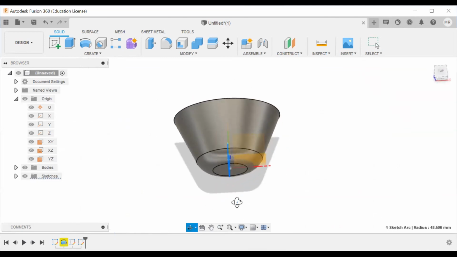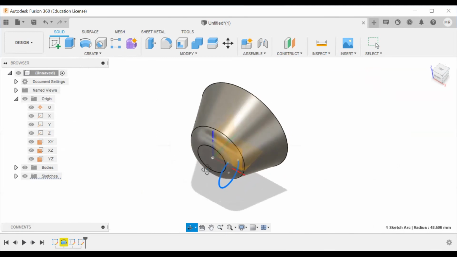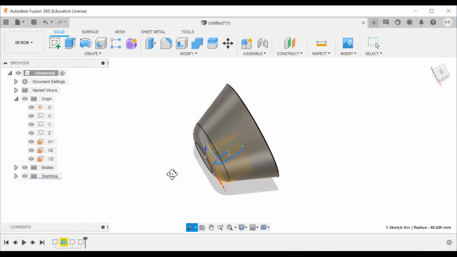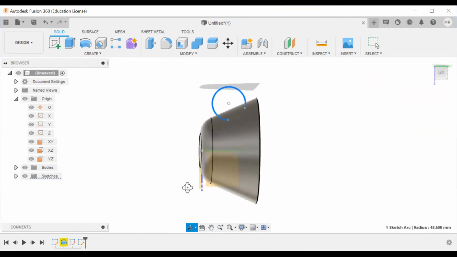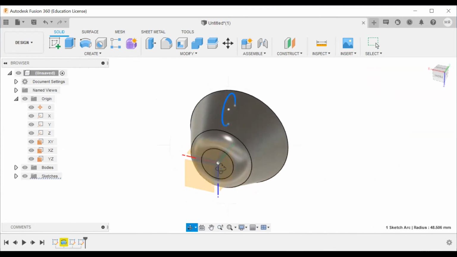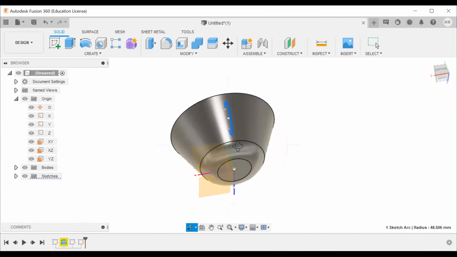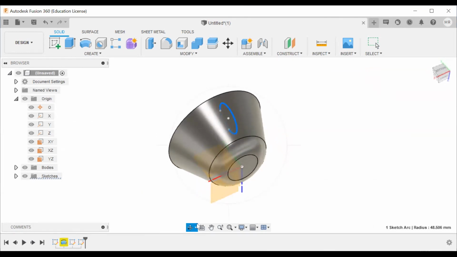Whenever there is a visualization effect, you can always rotate your object. Rotate more, to the upper side, where you have created this sketch. Okay, this is the sketch you have created. Fine, correct, no issues. Now just use the escape button so that you can come out from the orbit.